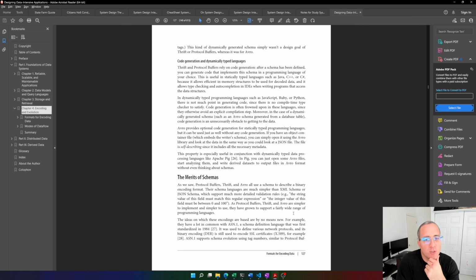Avro provides optional code generation for statically typed programming languages, but it can be used just as well without any code generation. If you have an object container file which embeds the writer schema, you can simply open it